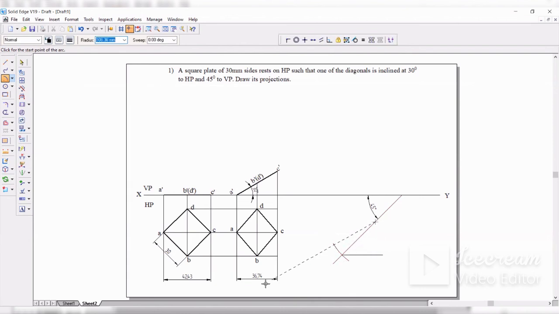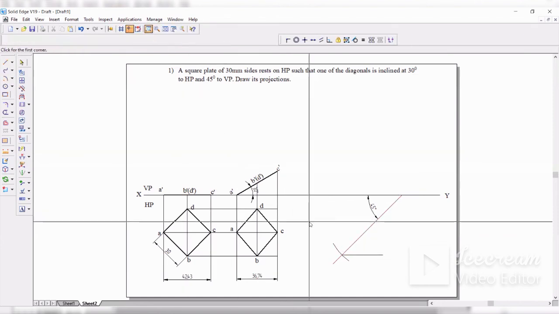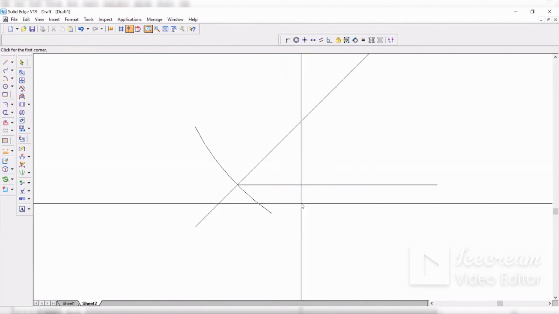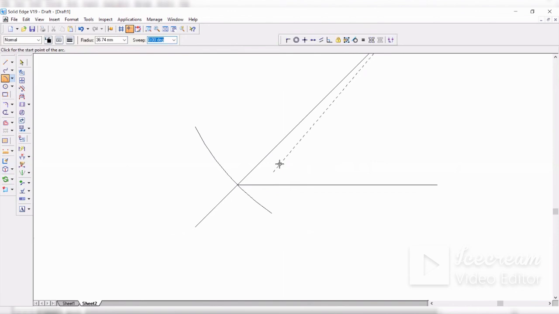Now, what is the second distance? 36.74. That you type in the radius column. 36.74. Okay. Now you can draw the arc. If it's not easily drawable for you, you can use zoom area where you want here. Now, right click to end the zoom command. See, the arc command is still valid. So now from here, I just draw an arc.